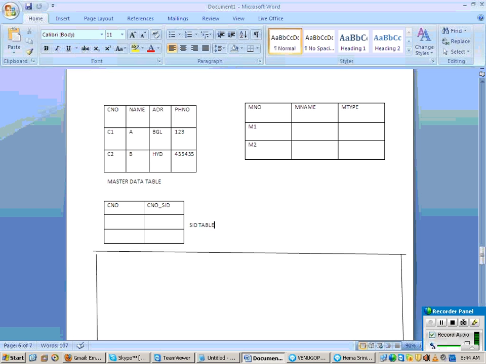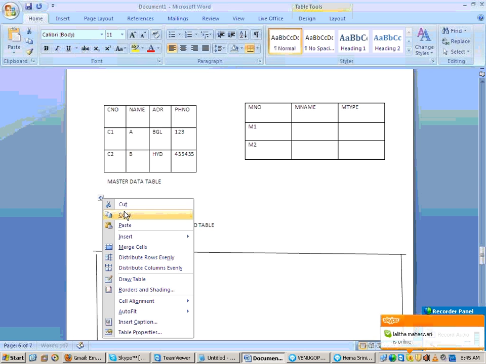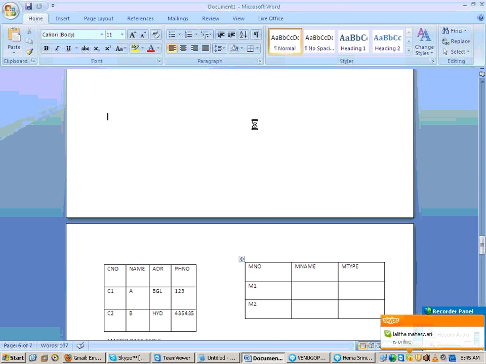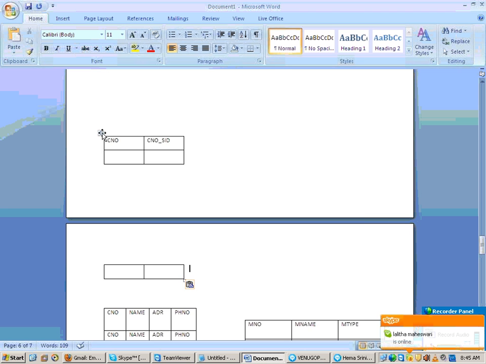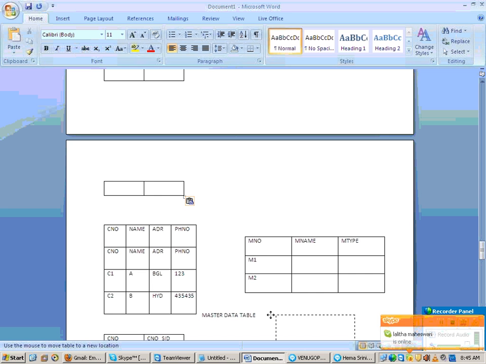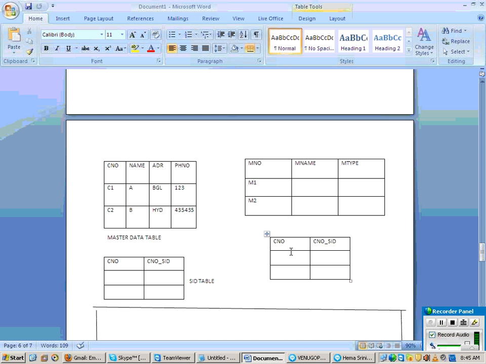Okay, so same way, let us say for material. Any character info object you create will generate one SID table. No, it is again reusable.